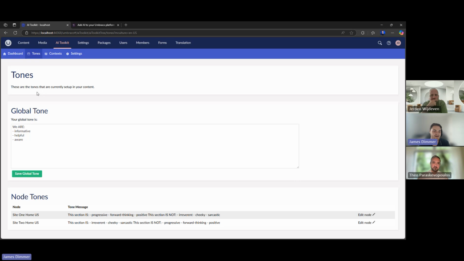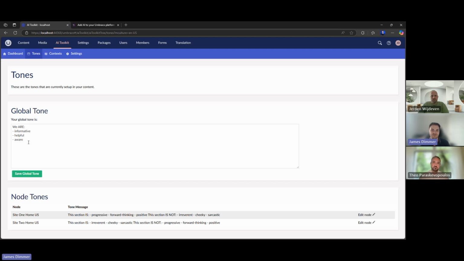In here, we have a global tone management field. This is where you'd set your corporate tone, typically for your entire company within your installation of Umbraco. Of course, I've just set it up very demonstratively with just 3 bullet points, but what you'd be able to do is say this is the company we are, this is what we are about, this is our goals, and then also define this is what we're not. So then you're helping the model, when it receives its prompts, know this is the tone that I do want.